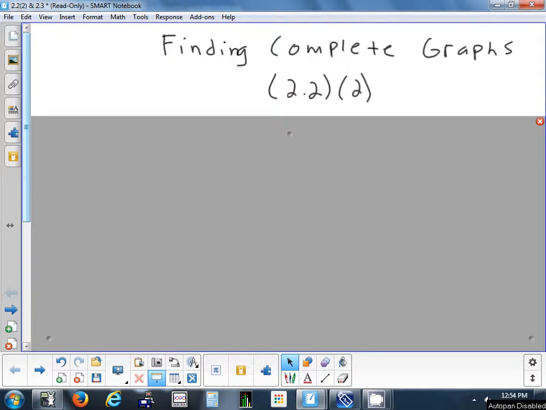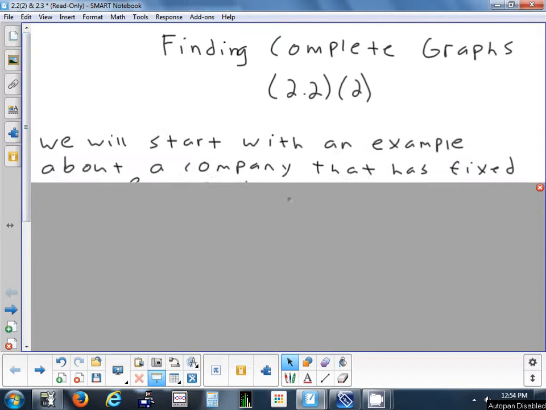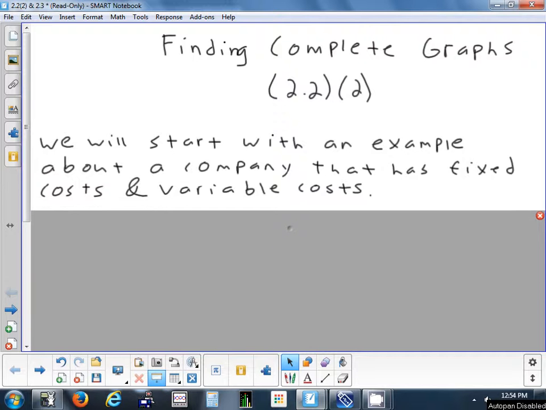All right, so today we're going to finish up section 2.2, which is on using the calculator to find complete graphs. This is pretty short, so we'll probably be done really quick, and then we'll look at section 2.3. All right, so let's start out with an example